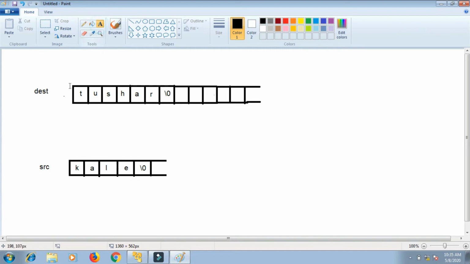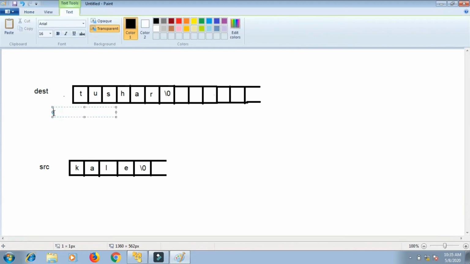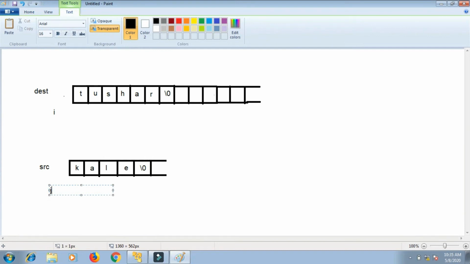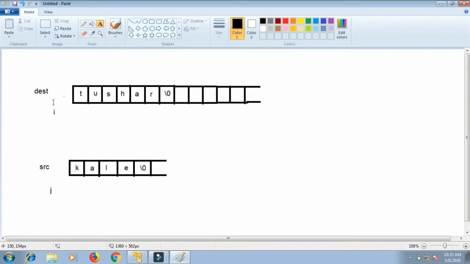So suppose I have this i variable. I am using two variables, one is i variable and the other is j variable. The i variable I am using to traverse the destination string and the j variable I am using to traverse the source string. So now first I want to traverse through the destination string. I will bring this i from the 0th location to the last location.